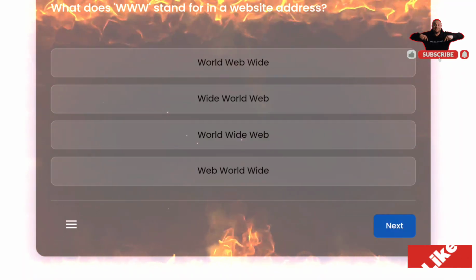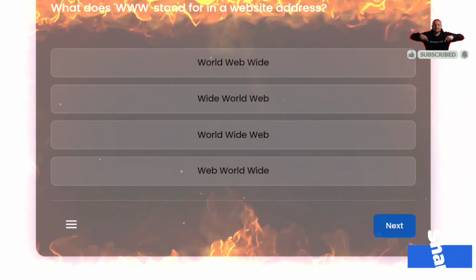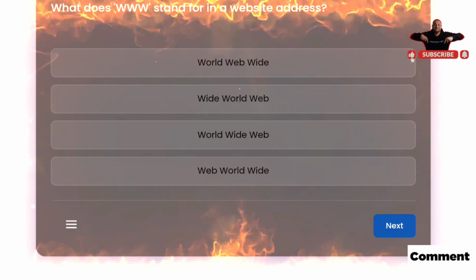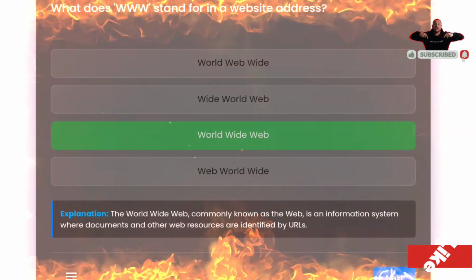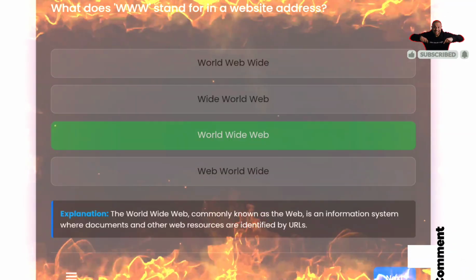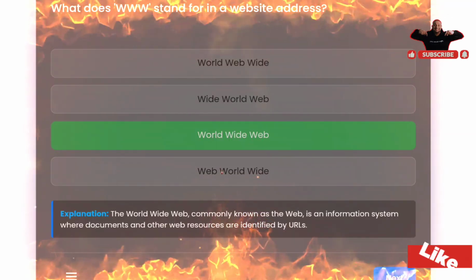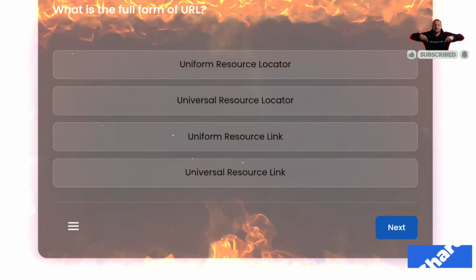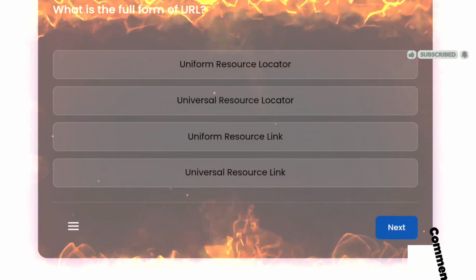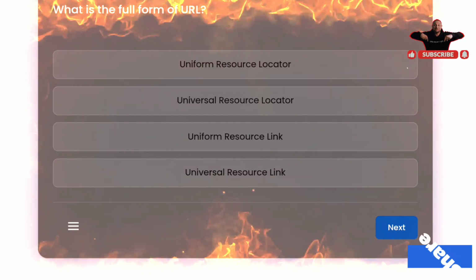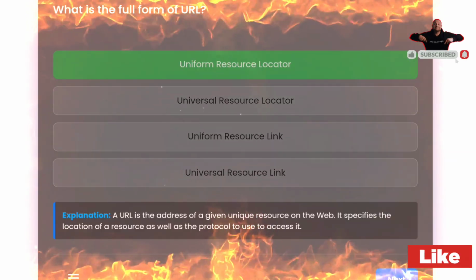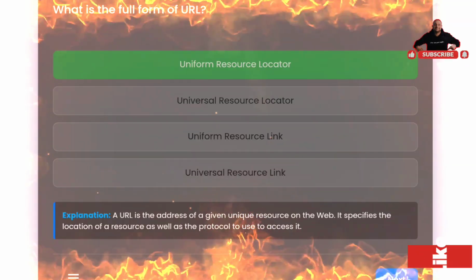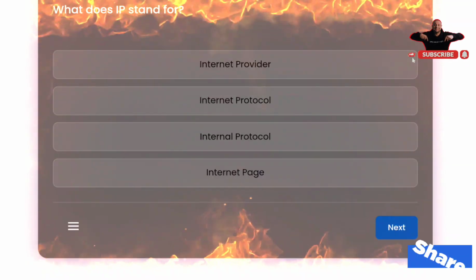What does means triple W? WWW stand for कौन सा होता है? वर्ल्ड वाइड वेब. ओके, नेक्स्ट क्वेश्चन, व्हाट इज द फुल फॉर्म ऑफ यूआरएल? इसका फुल फॉर्म क्या होता है? यूनिफॉर्म रिसोर्स लोकेटर, यूनिफॉर्म रिसोर्स लोकेटर। ओके, नेक्स्ट क्वेश्चन,